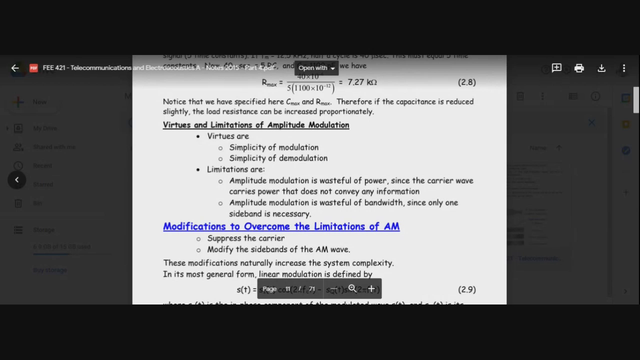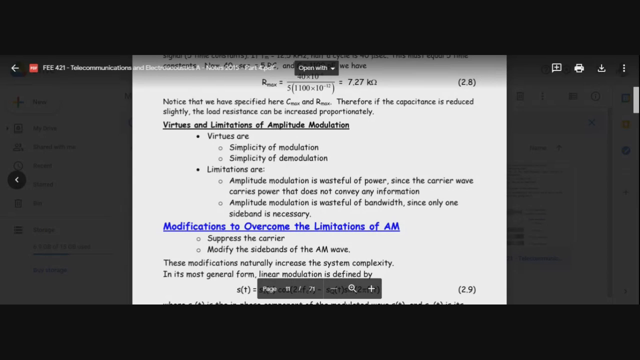Those are other forms of modulation, but I think the main ones are these three: amplitude modulation, phase modulation, and frequency modulation. So the limitations of amplitude modulation are that it is wasteful of power, especially if you have the carrier inserted in the system. You want to put the carrier so that the envelope detector can work, but the carrier has to carry power, and that power you could have used to carry more message, but you can't because you must have the carrier. Then amplitude modulation is wasteful of bandwidth